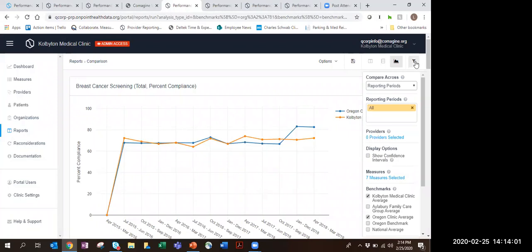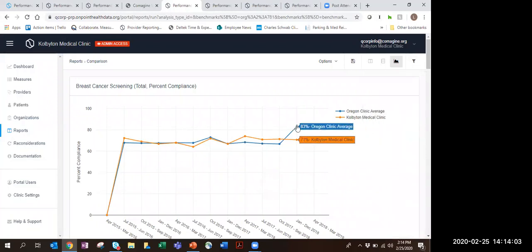So now I'm able to see my organization's results compared to the statewide average on these women's screening measures. One of the questions that came in ahead of time when we asked you to register for the webinar was, how do we best utilize these available reports? This is one way that you might want to take a look at the data to point in the direction of where you might want to do quality improvement.